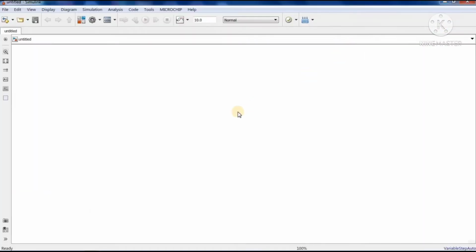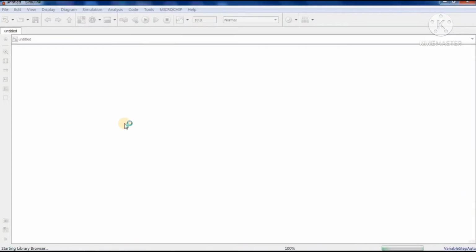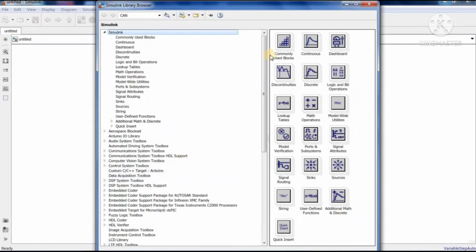Once it opens, go to the library section, Library Browser. Just click, wait for some time. It will open. See, now the Library Browser is open.